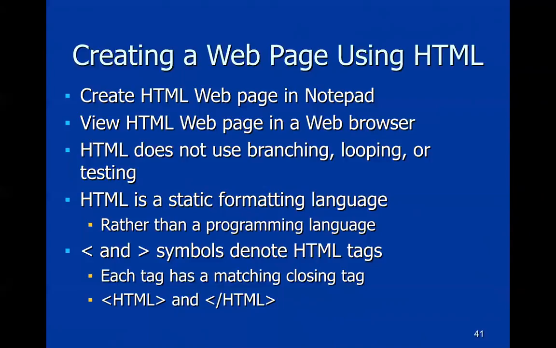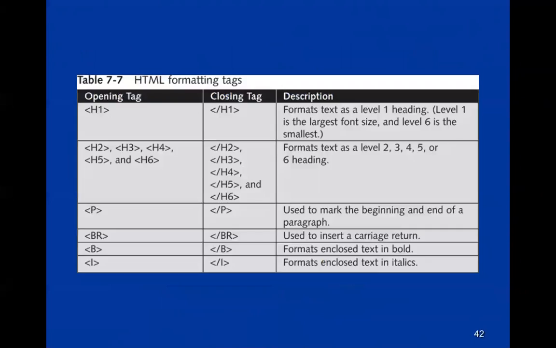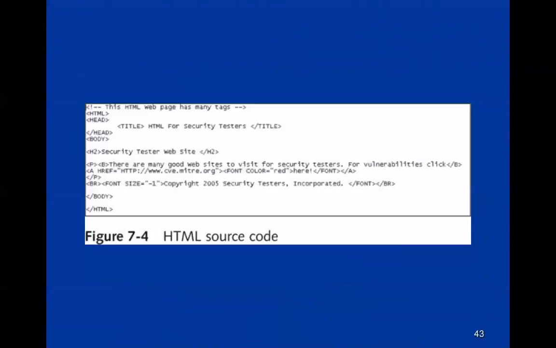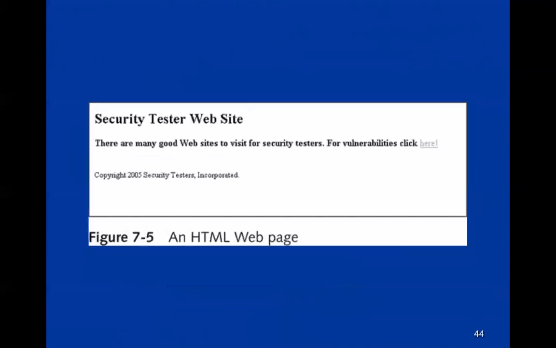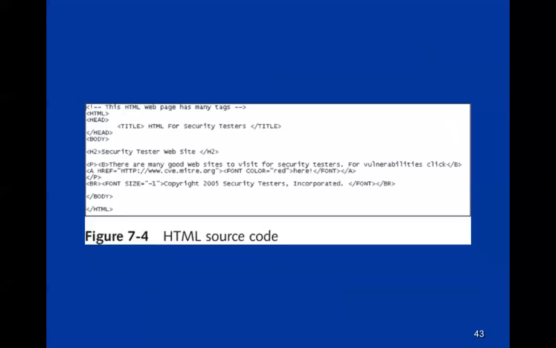So with HTML, you start your code with HTML in less than and greater than signs, and you end it with a /HTML. And you use header tags and paragraph tags and such to describe how big text should be and how it should be laid out. And so you write source code that's just a bunch of plain text, and then when it's rendered by a website, it puts it in different colors and fonts and images and videos and all that jazz. So you write the source code that describes what it is, and the browser constructs this graphical environment here out of the pieces of source code that it loads.